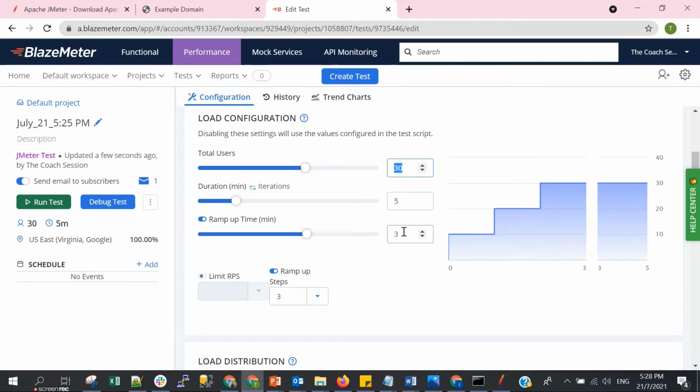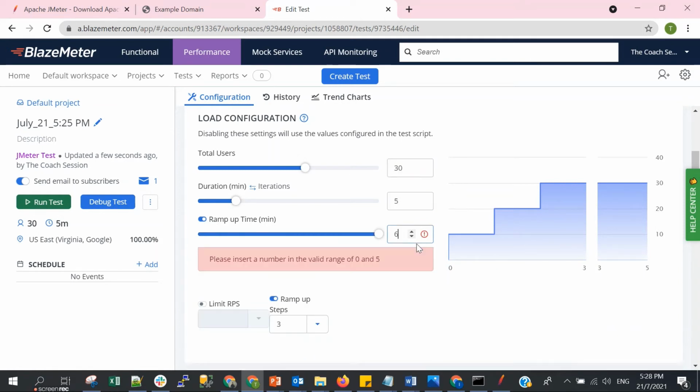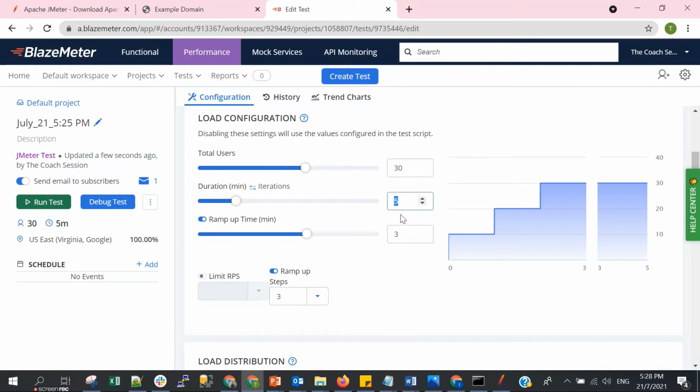Let's say you modify the ramp up to 6, but we can't put 6 because you also need to increase the total duration here. Let's say the total duration is 10 minutes, and the ramp up time is 6. So we can see, because we put ramp up steps as 3, we will see 3 stairs here, and the gap for adding 10 users is 2 minutes.